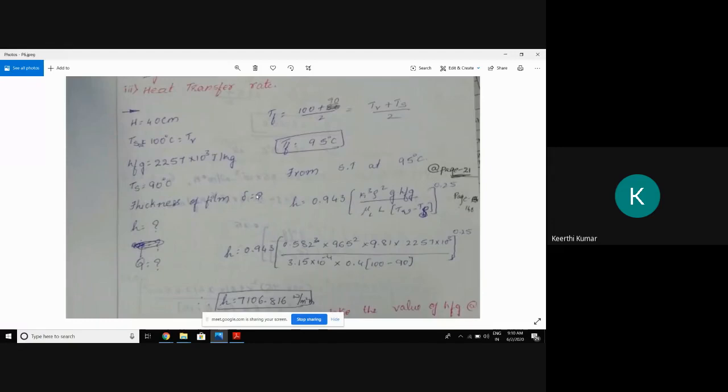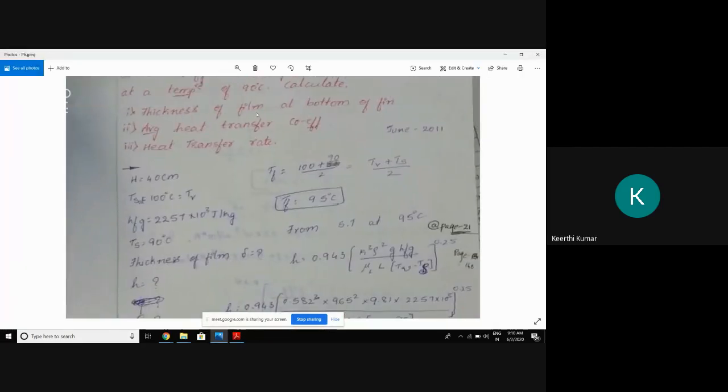Delta, the thickness of the film. You can see it from the data handbook. Yeah, here, delta X is there. But I have taken the value of delta. What is this delta X? We can see here, boundary layer thickness at X. In the question, he is asking you to find out the thickness of the film at the bottom. See, X value will start from the top to the bottom. X is equal to 0 at the top of the plate, and X will be equal to L at the bottom of the plate. He is asking at the bottom of the plate. Therefore, this delta X will become delta L.